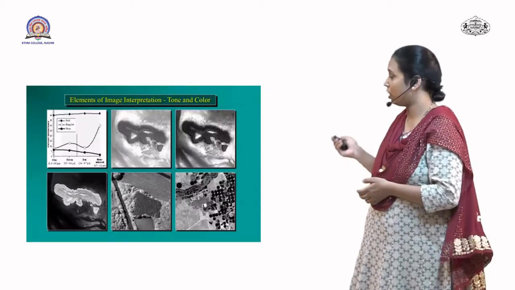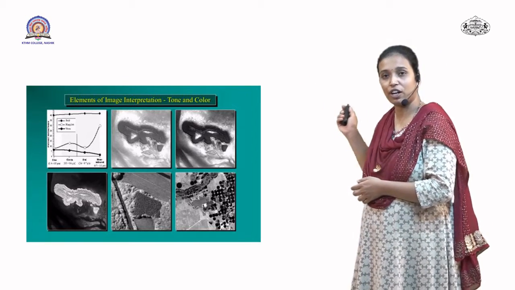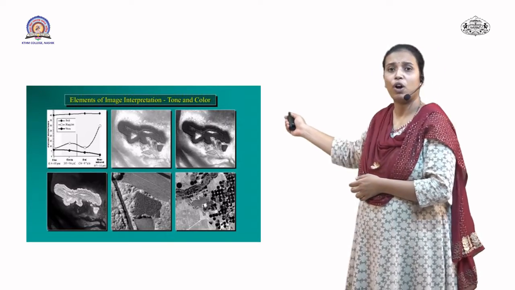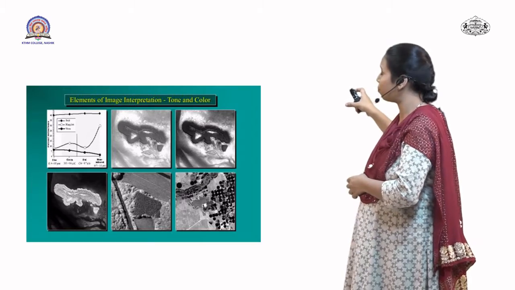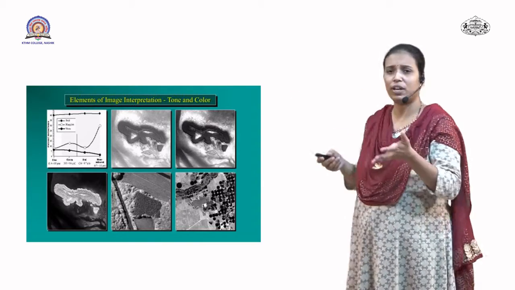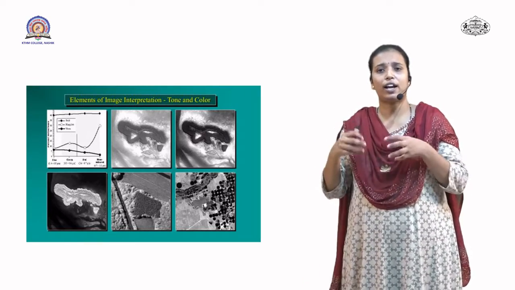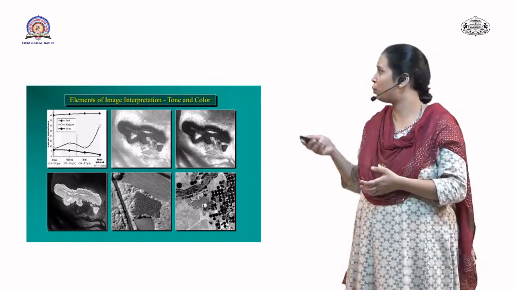If we are studying through the images, we can see that this is an agricultural field. This field is differentiated into different types of tones. Somewhere you can see the dark tone, and in the middle there are a few patches where there is a very light tone. So accordingly you can say that the light patches have very little vegetation, and as you go to the dark tone, it has very dense vegetation.